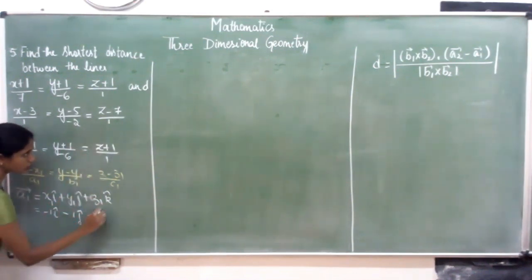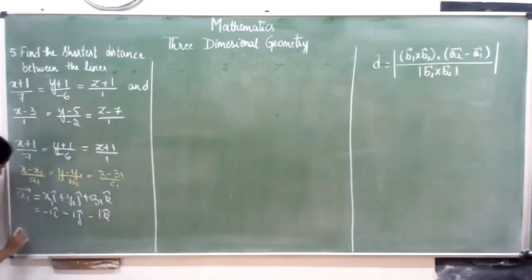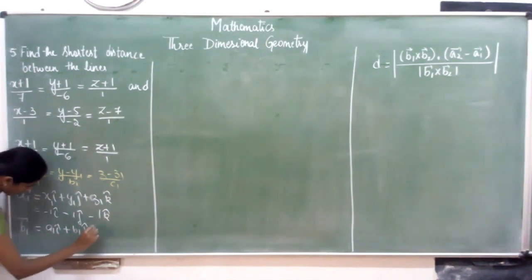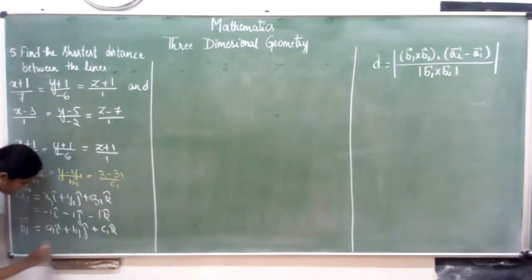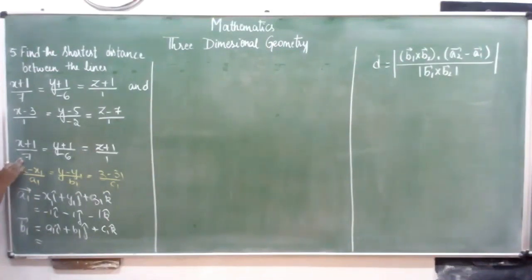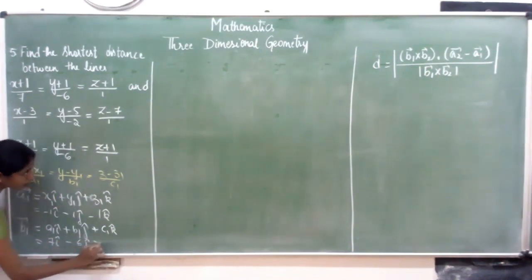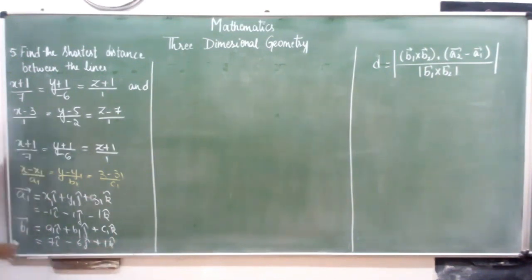Then z1 value, which is minus 1 k cap. Next vector b1, which is equal to a1 i cap plus b1 j cap plus c1 k cap. So a1 is 7, b1 is minus 6, c1 is 1. So 7 i cap minus 6 j cap plus 1 k cap. So we know what is